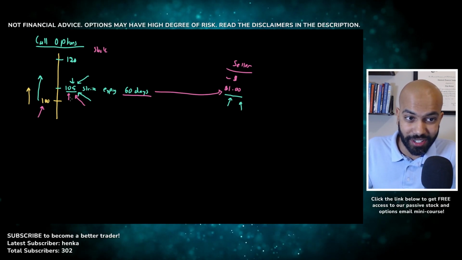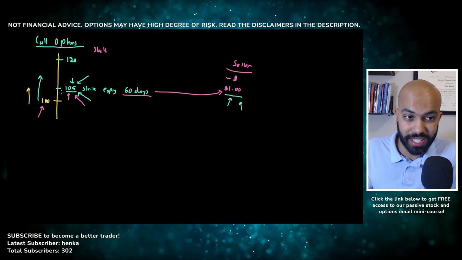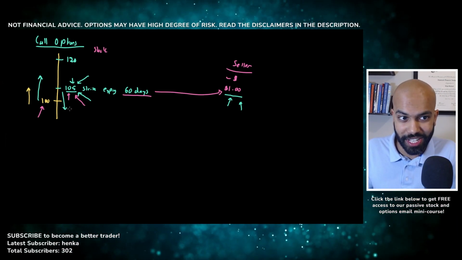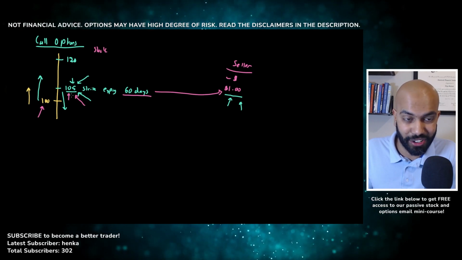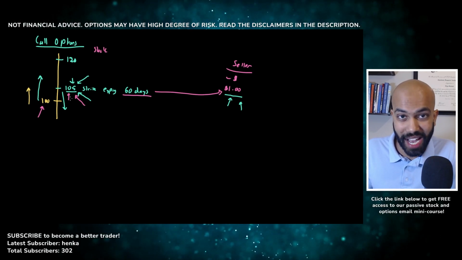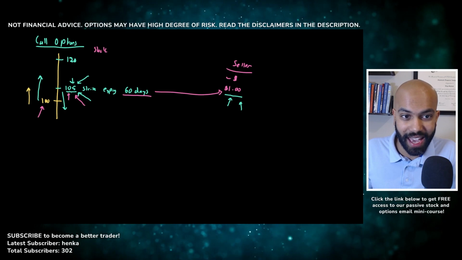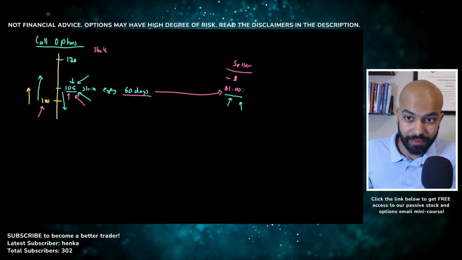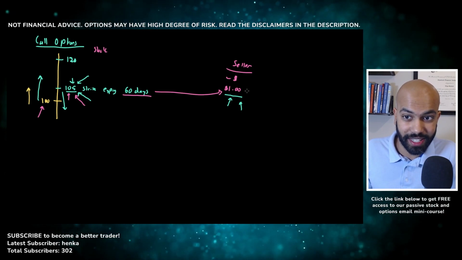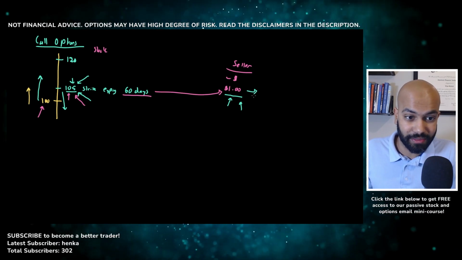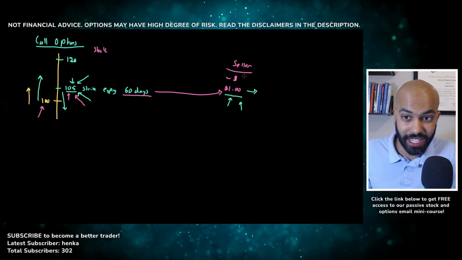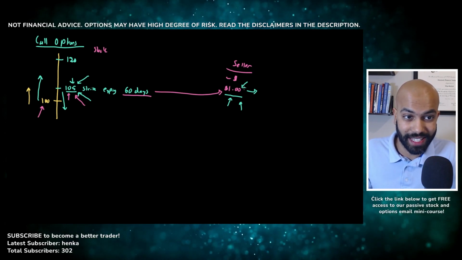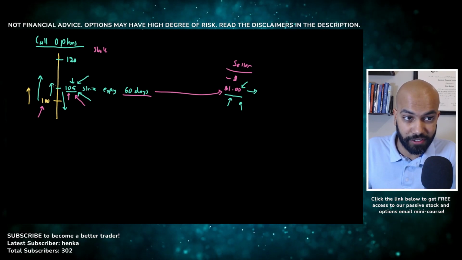And the analogy here, or the actual outcome, is the price is trading below the $105. You would not exercise your option because you could just buy it in the open market for less than $105. So there's no reason for you to exercise the option at $105. And that's why the option basically expires worthless. And the seller, they have that house again because they never sold it. They can go back into the open market and sell the house again. They can collect another due diligence fee and they can continue doing this until the house gets sold, as in until the price goes above $105 of the stock.